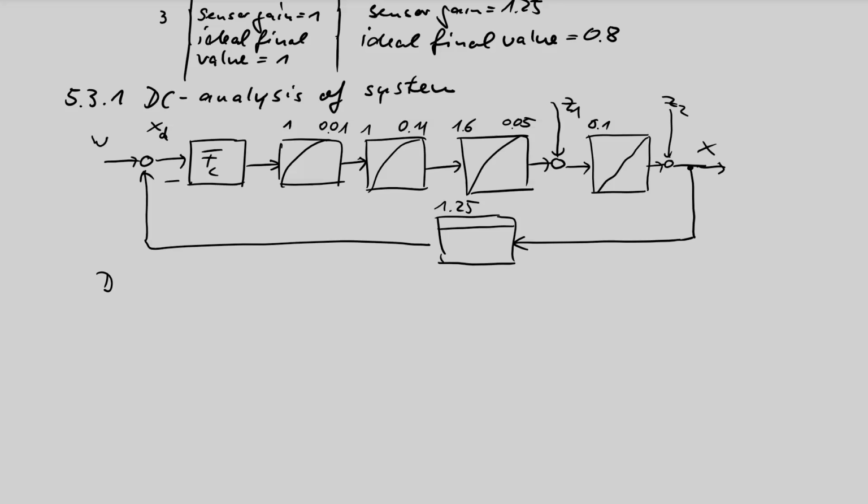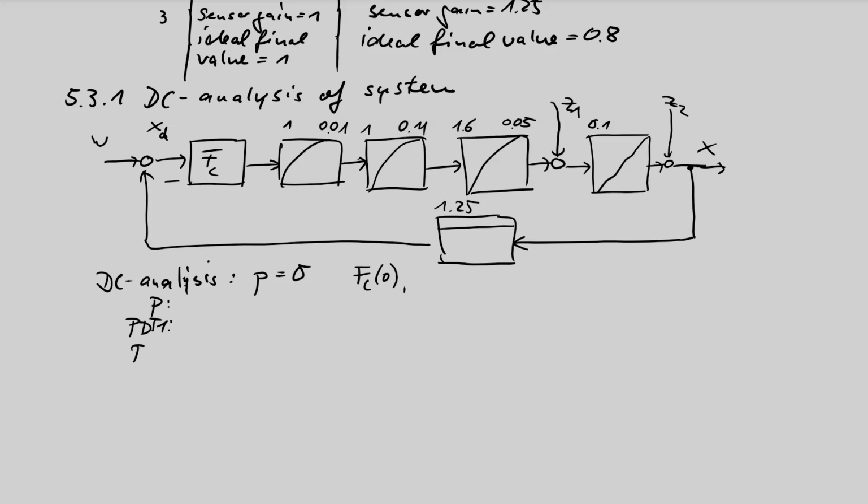Now, what is DC analysis? Very simple. We only discuss behavior at a special frequency point, p is 0. In this case, we have a controller gain, which can be written or called FC of 0. Then we can say, okay, all P blocks, PDT1 block, or